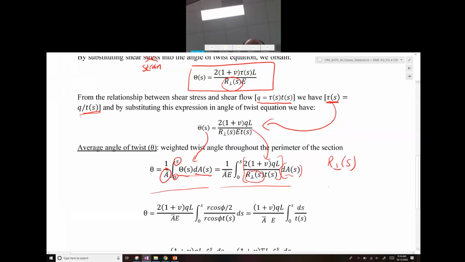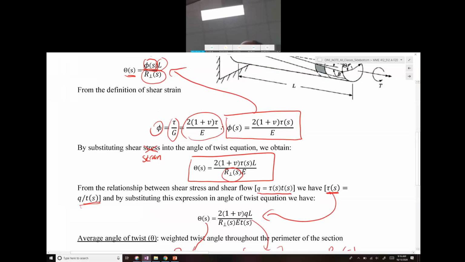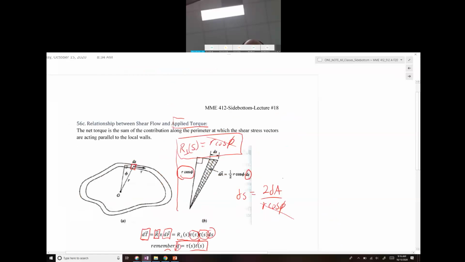If you look at the diagram on the last page, we had r perpendicular of s is equal to r cosine phi, and dA is equal to these terms here. So if we plug that back in,